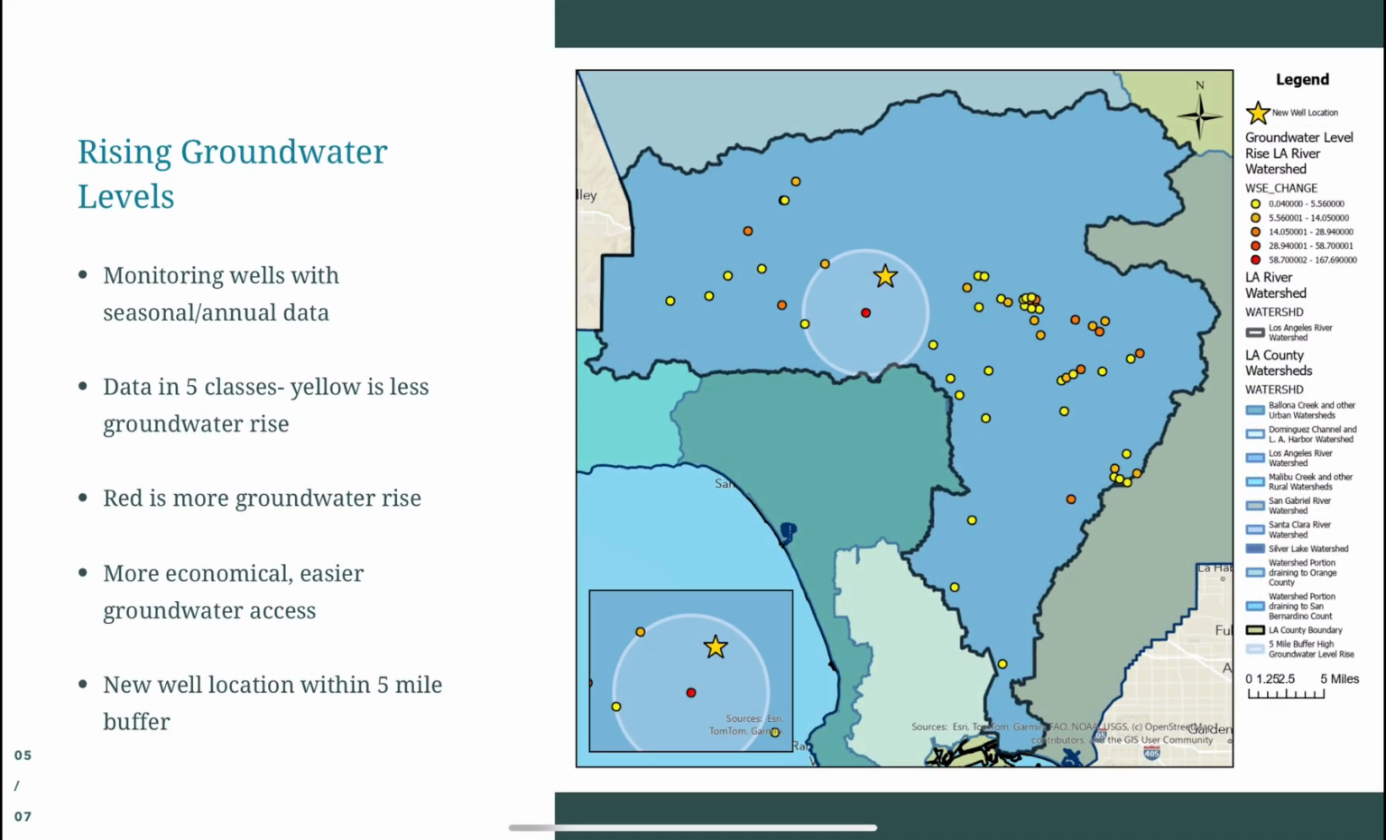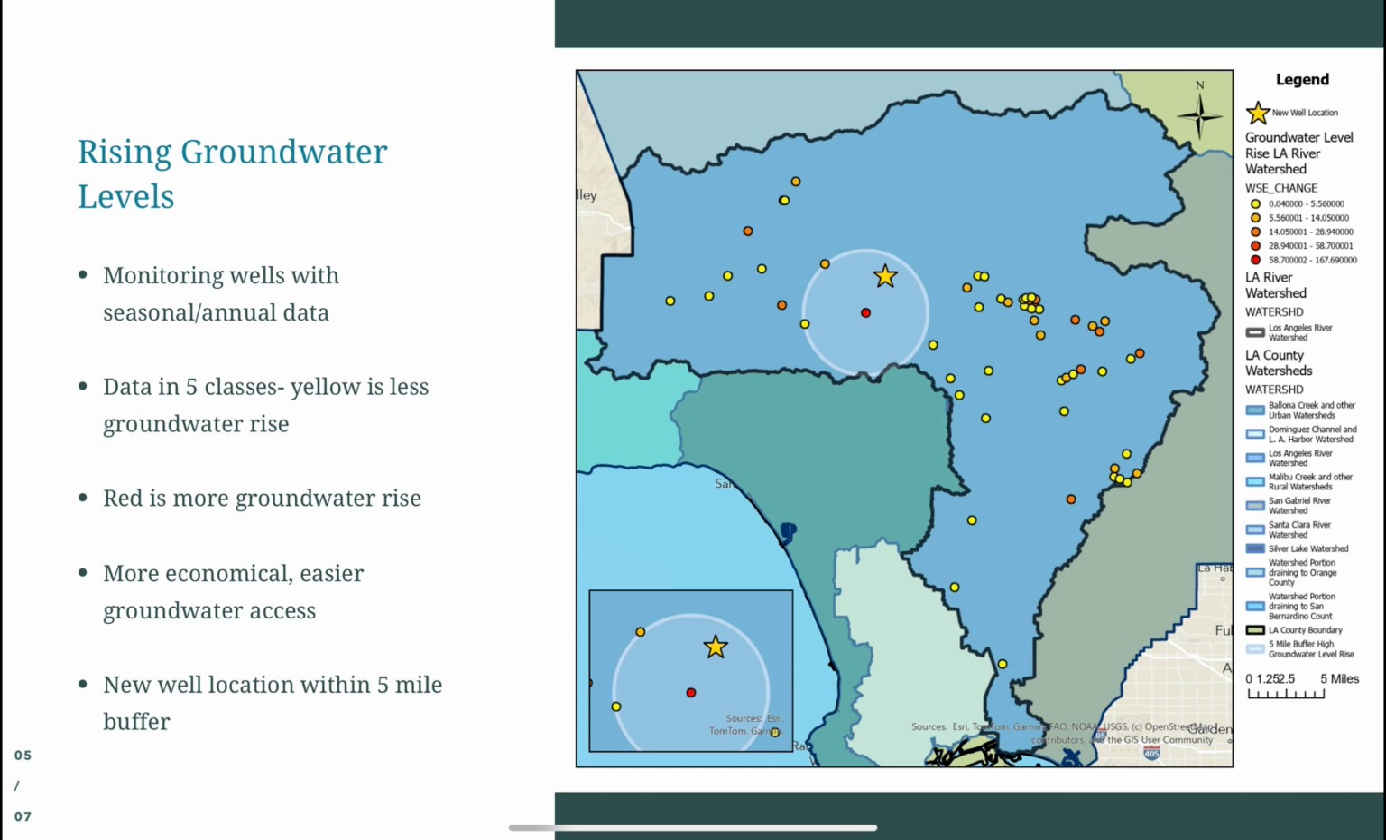For the next criteria, we're going to take a look at rising groundwater levels. There are monitoring wells that have seasonal and annual data of whether the groundwater goes up or down, and we're only going to look at the cases where there's a rise in groundwater level, not a drop. So we have our data divided into 5 classes, with yellow meaning less groundwater rise, and red meaning more groundwater level rise, which is a very good thing. So our 1 red point means that there's a very high